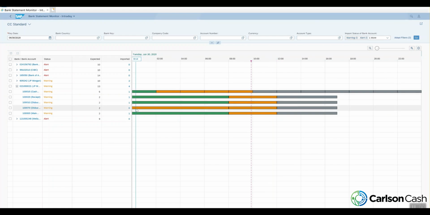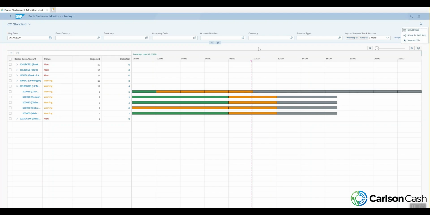We also have this account here that we didn't put in our account load, and that's why it's not showing up as updated. We can also look at the different status colors in this report. Green means the account statement has been loaded. The yellow is a warning saying that we didn't receive a statement in that period of time. These gray ones here say, okay, well, it hasn't hit that time in the day, so we don't expect to load a statement yet. And before we saw some red alerts, we can see in these other accounts we have an alert, and that just depends on our alert settings.